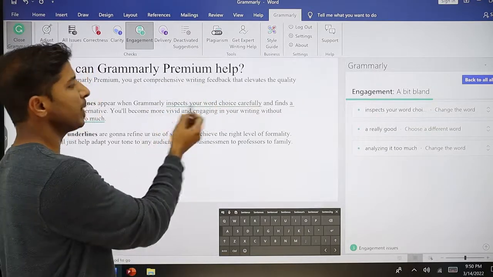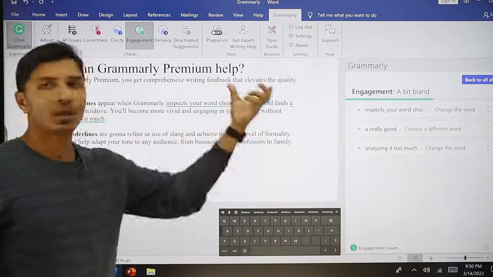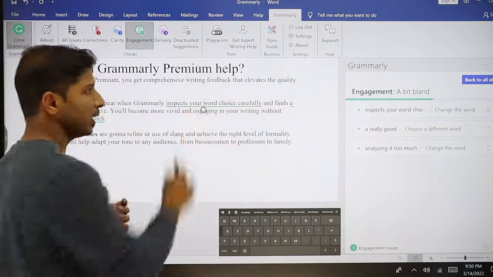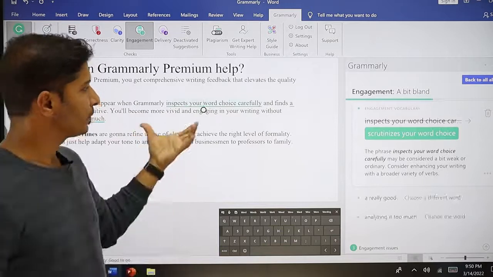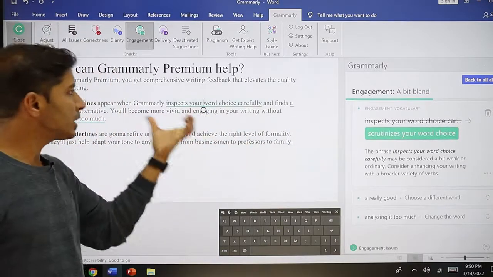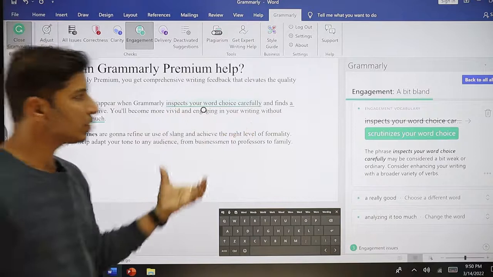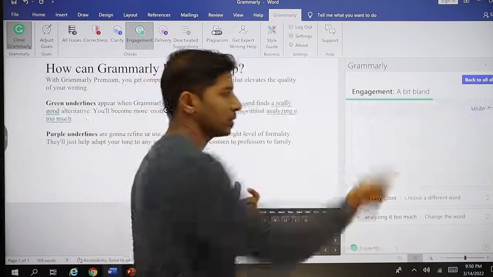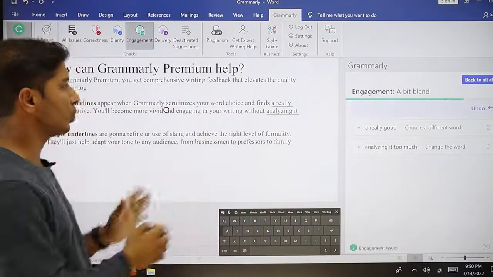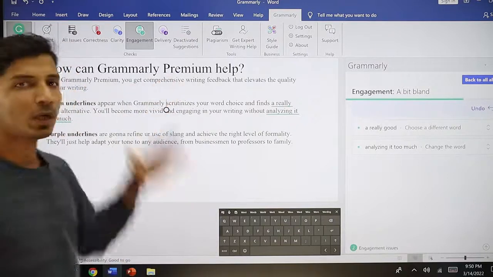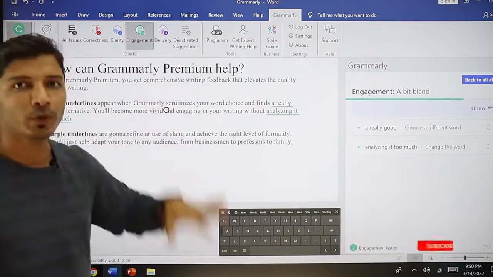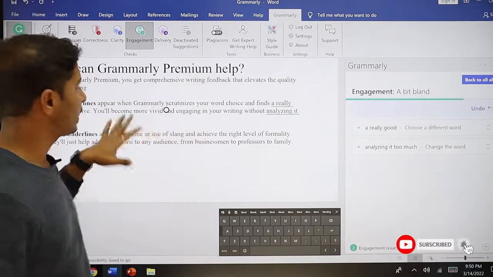Grammarly inspects your word choice carefully. So you have to click here, and then rather than using inspects your word choice carefully, you can just use scrutinizes your word choice. That is a better word to use. So in this way you can go on correcting, you can go on improving engagement of your written text.